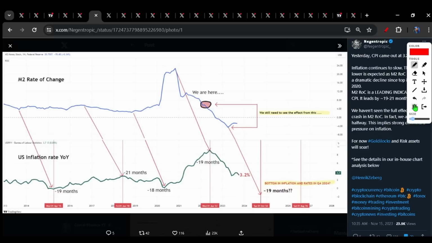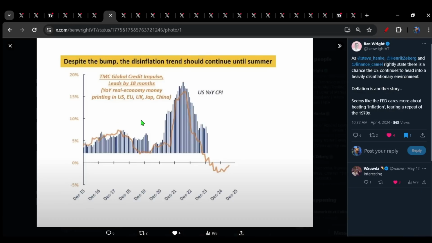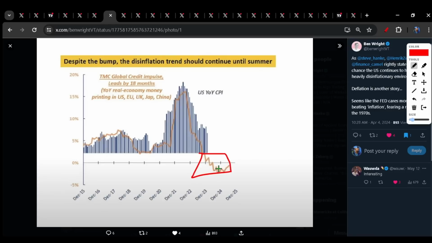So we're actually going to get to find out this week coming, and by the next one of these weekend deep dives, we should have a pretty clear idea of whether or not this is still in play. I've also been using things like the TMC Global Credit Impulse, which tends to lead the CPI prints by about 18 months, and this is telling us to expect deflation in the not too distant future, meaning I still therefore expect to see continuation of disinflation before eventually CPI slips negative for a short period of time, whilst we have asset price deflation. Again, this thesis is being quite severely tested at the moment, and we will need to see CPI come off in the following week for me to feel comfortable continuing with this stance and posture.